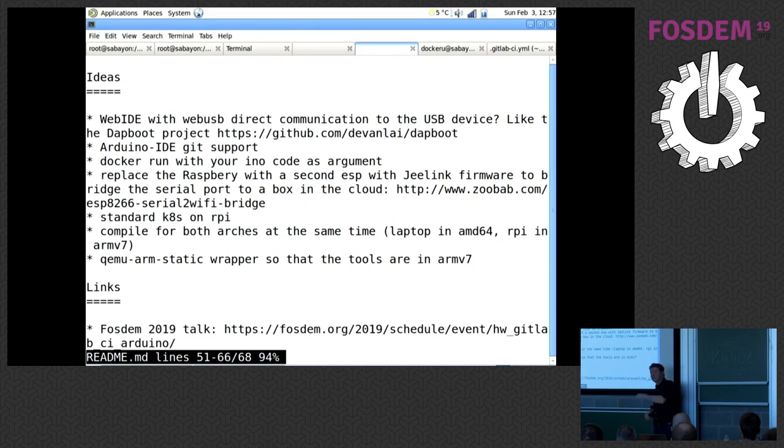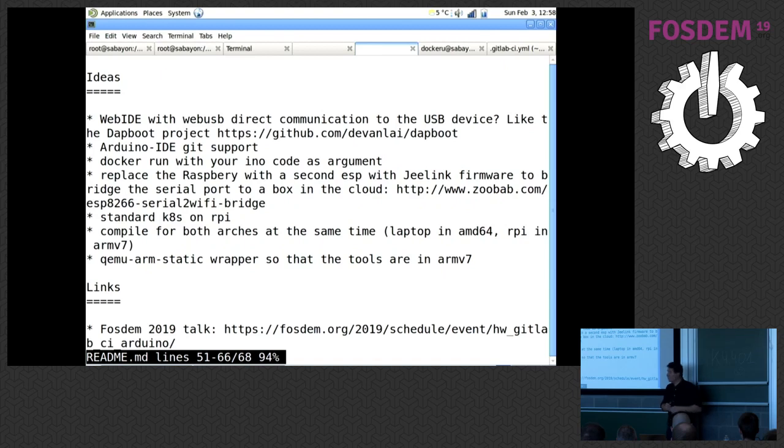You give the permission, and it can reflash your USB device directly. I also found another web IDE, used by Processing, where you could have a better IDE and maybe a direct connection to your USB device. This also has some security implications, but